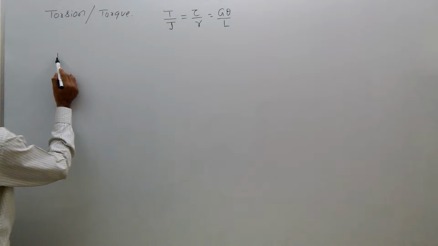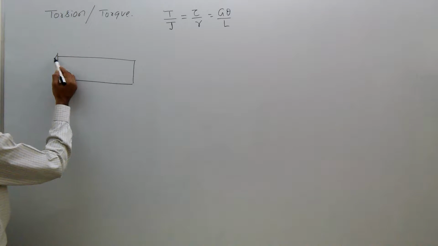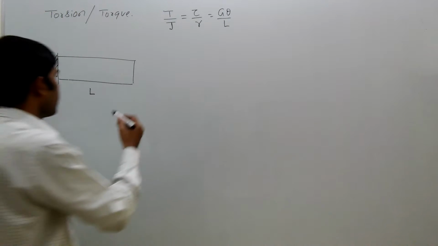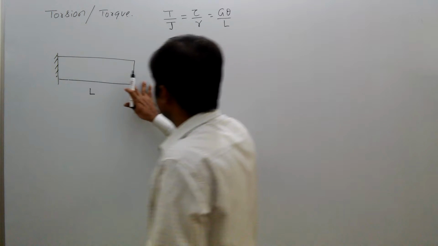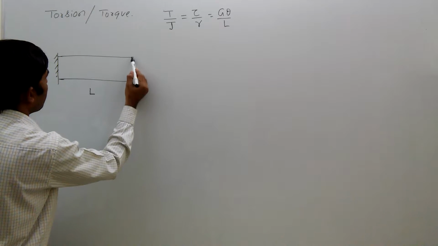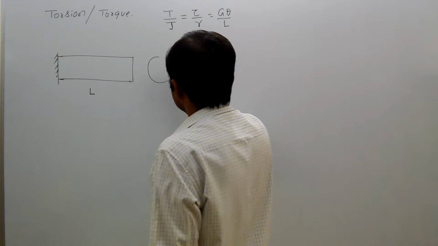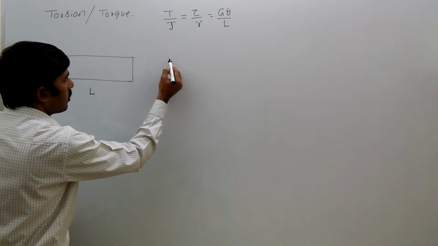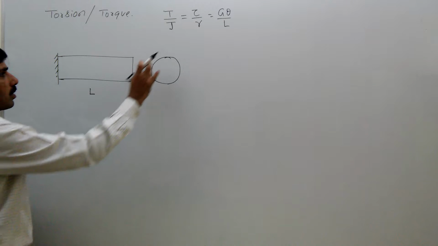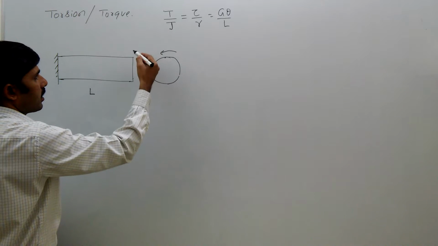Let us take a circular shaft of length L. One end is fixed, the other end is free, like this. This is the cross section, a circular cross section. If we apply a torque like this, an anti-clockwise torque,